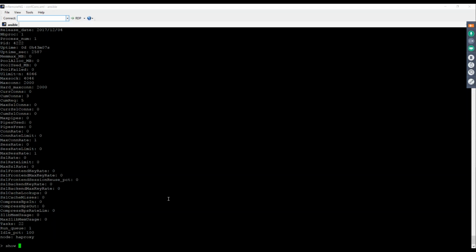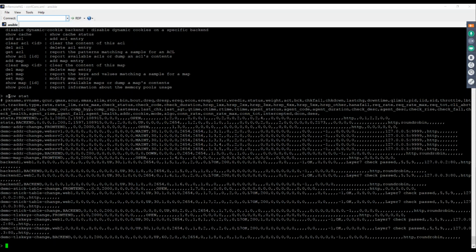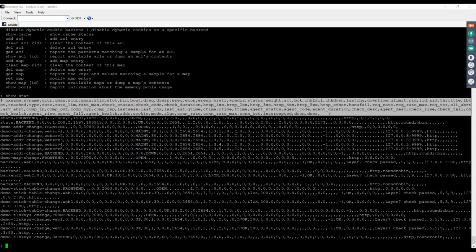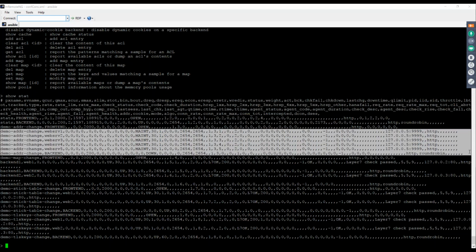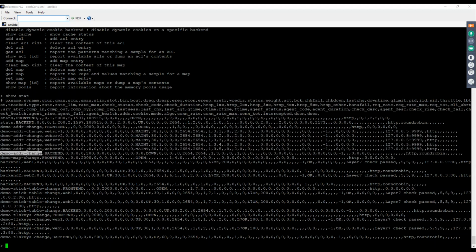Then if we go deeper into detailed stats, sorry about that. So here, as this is a CSV format, you will see that you have a header that tells you all the information about every backend, every frontend, and every server in your configuration. So here you will see we have 5 web servers defined, 4 backends that's called demo address change. So all this information